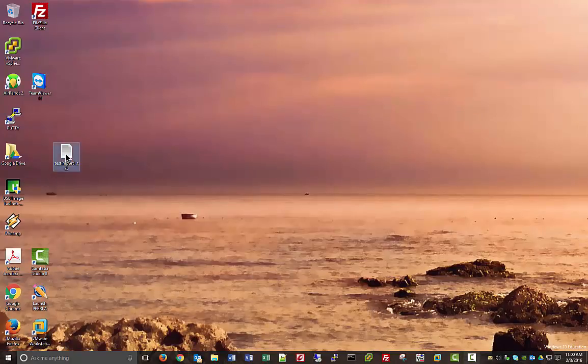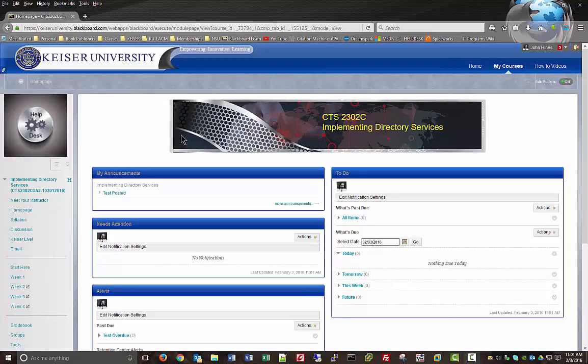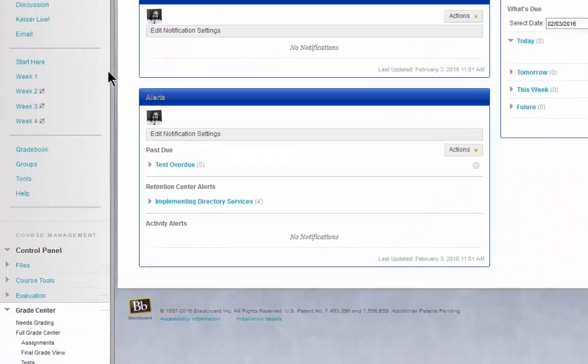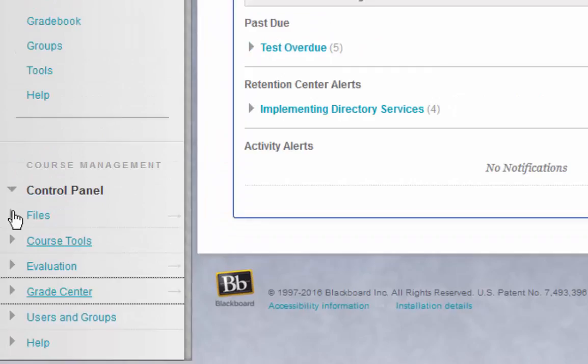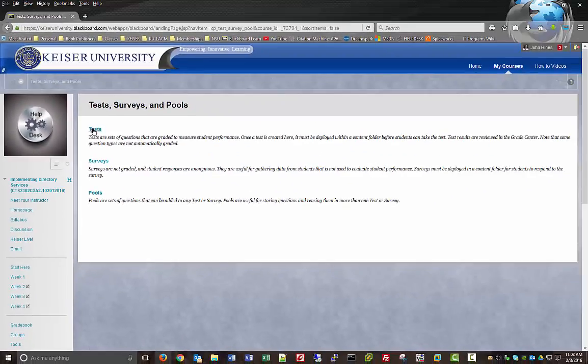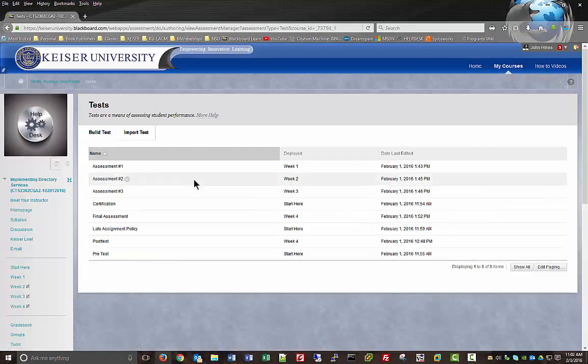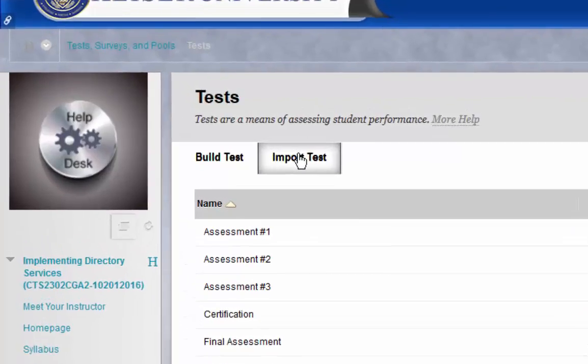Okay, I have a test import text document here. I'm going to go ahead and open up Blackboard and access one of my courses. Okay, I've accessed one of my courses, and now I'm going to open up the course tools, scroll down to tests, surveys, and pools. I'm going to go to tests. Okay, I have several tests in here already. Now I'm going to build a test,